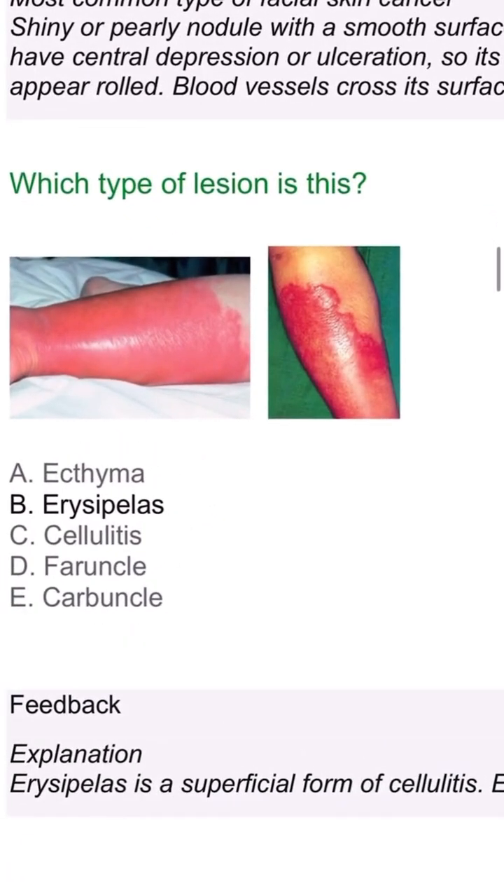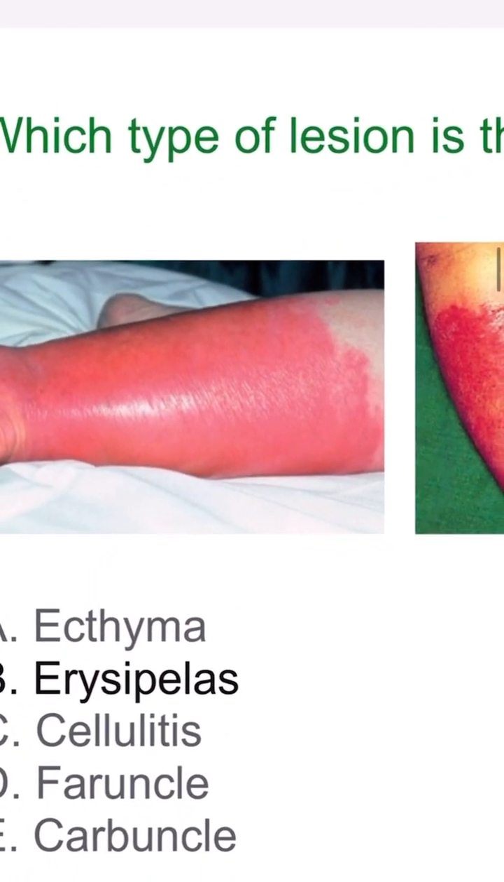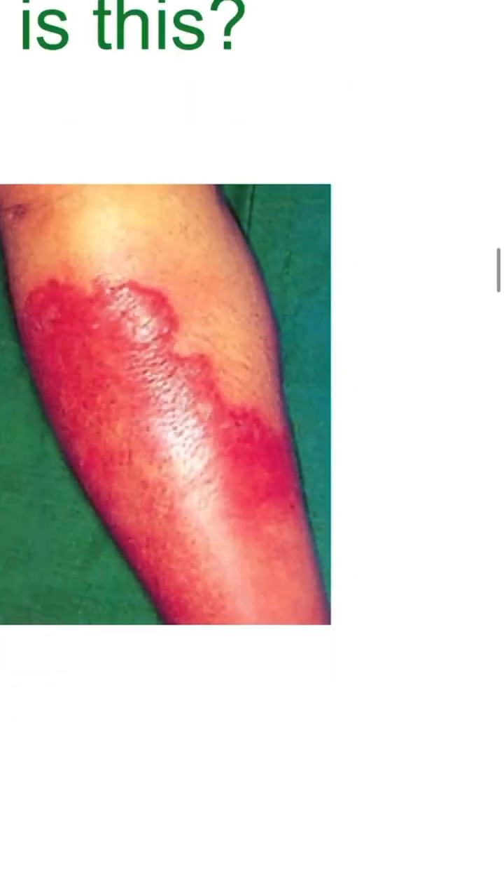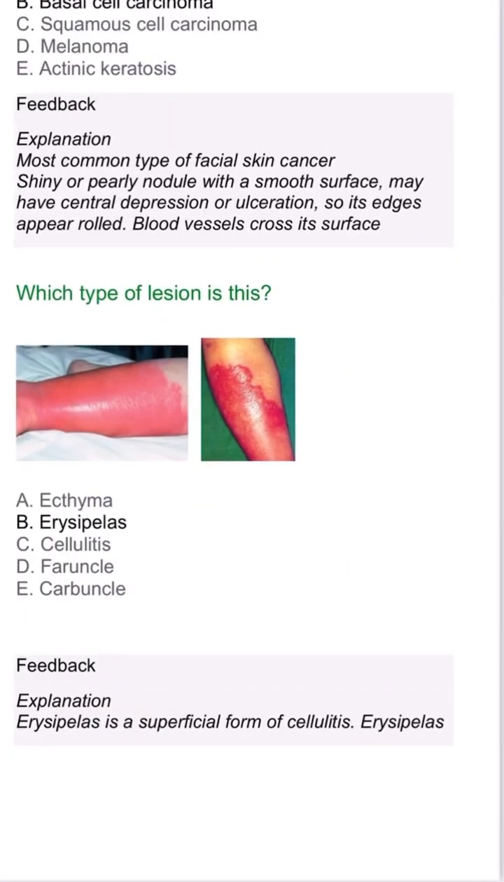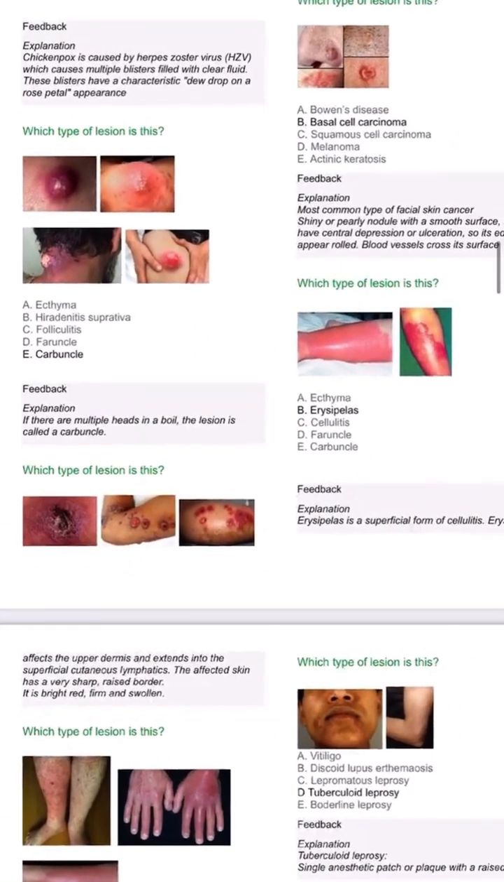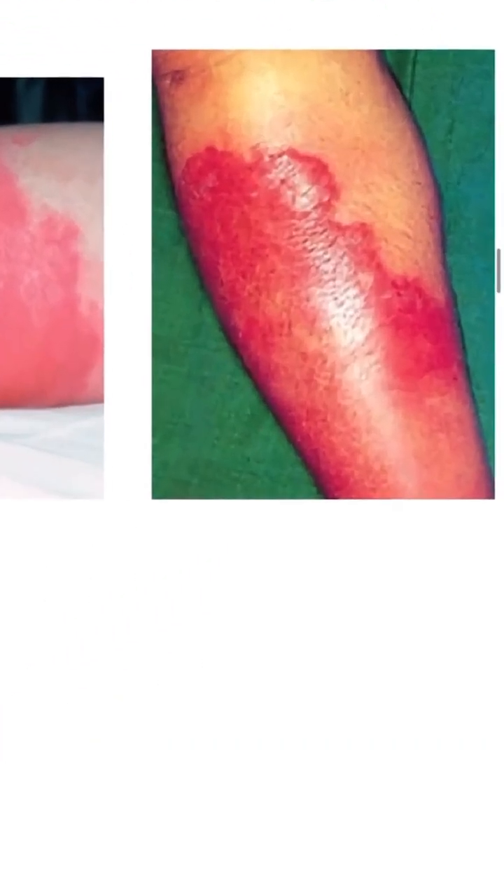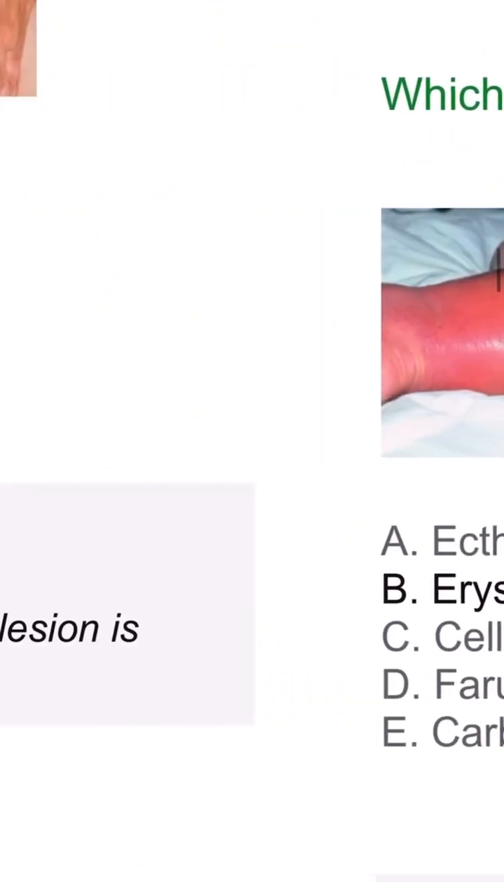What type of lesion is this? It's erysipelas. Okay, it is a superficial form of cellulitis. Okay, it affects the upper dermis and extends into the superficial cutaneous lymphatics. The affected skin has a very sharp raised border. It is bright red, firm and swollen. Okay, very sharp raised border. You can see here the sharp border. Okay,